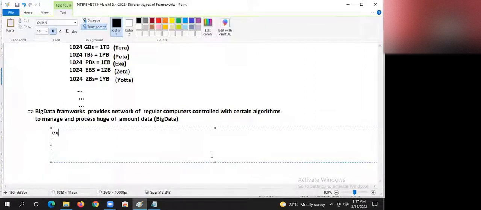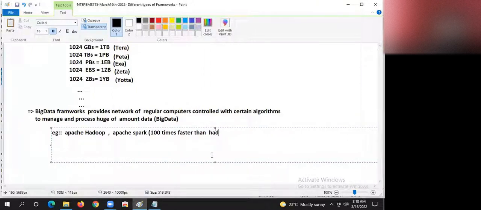Right, guys. Examples of big data frameworks are Hadoop. Big data is a concept, guys, and to support that concept, we have frameworks in the market. They are called big data frameworks. Apache Hadoop and Apache Spark, which is 100 times faster than Hadoop.